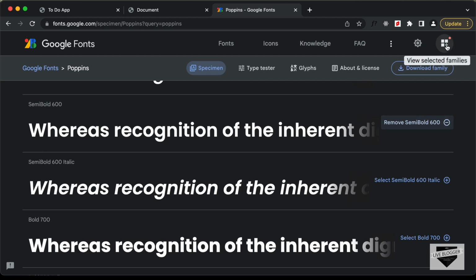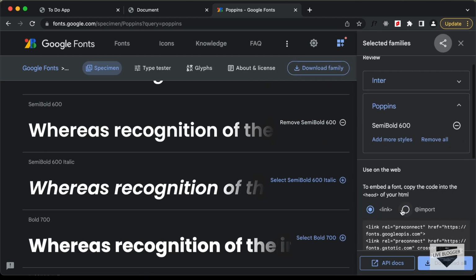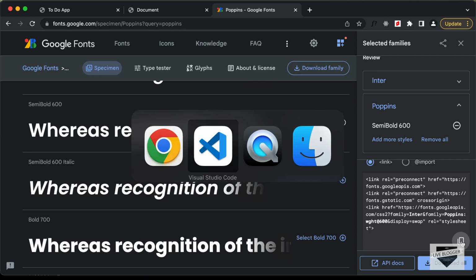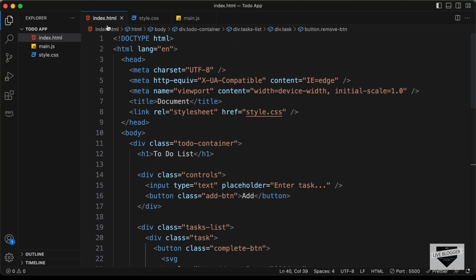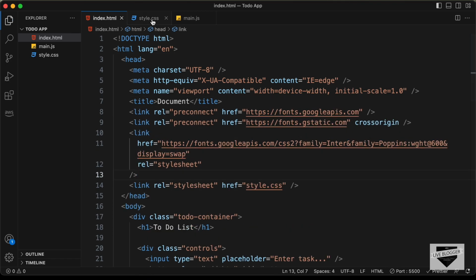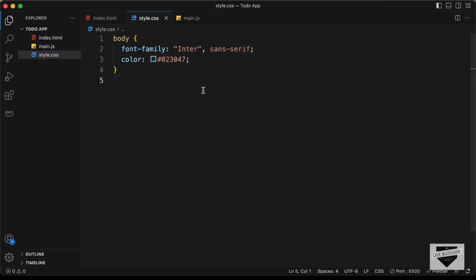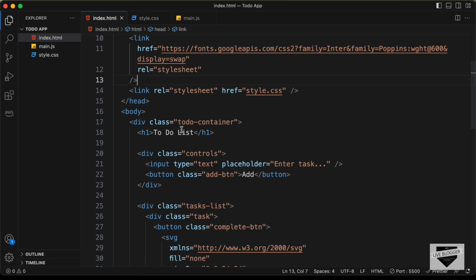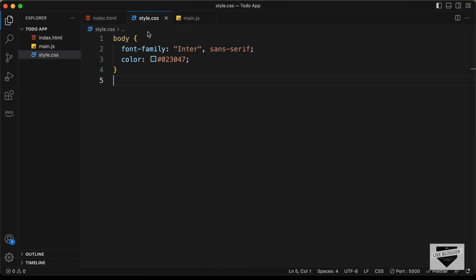And now let's click on this button called View Selected Families. And let's scroll down and let's copy this link from here. And let's go back to our HTML and let's paste it over here in the head section. Right, now let's go back to our CSS file and let's continue styling this. Right, now let's style the container division, which is this division with the class of to-do container. So I'll just type to-do container,